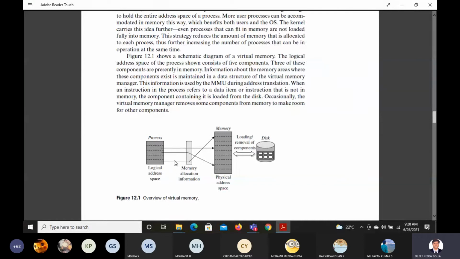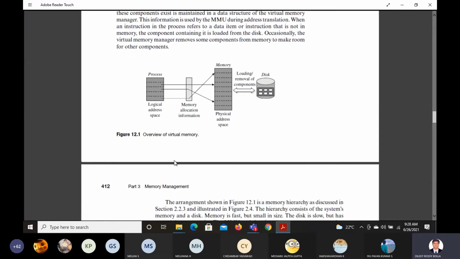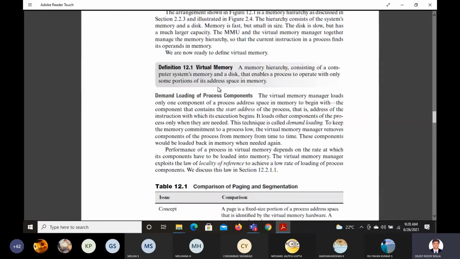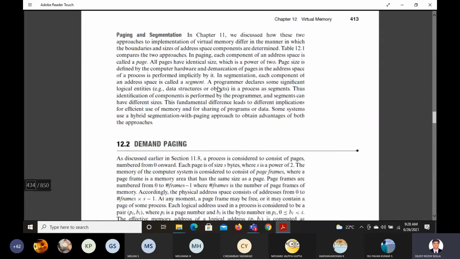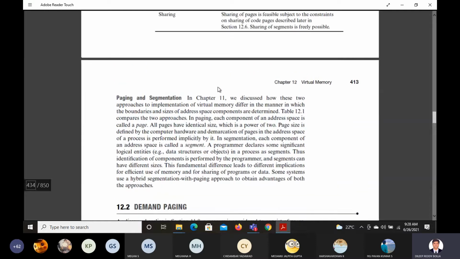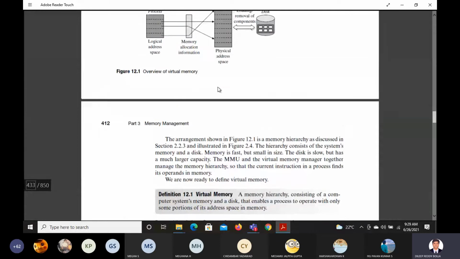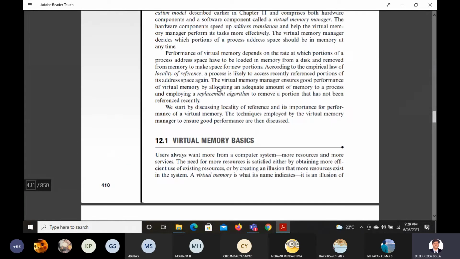This concept is already covered in the previous parts, which is used in translation of memory from physical address to logical address, right? Now where is the virtual memory? Here, this extra module got added for virtual memory. It's a very interesting concept. You read that, definitions are there. So that's about basics. They gave paging and segmentation, and they gave comparison, and they gave definition, demand loading, overview. So these many probable questions you can expect from the basic things of virtual memory.